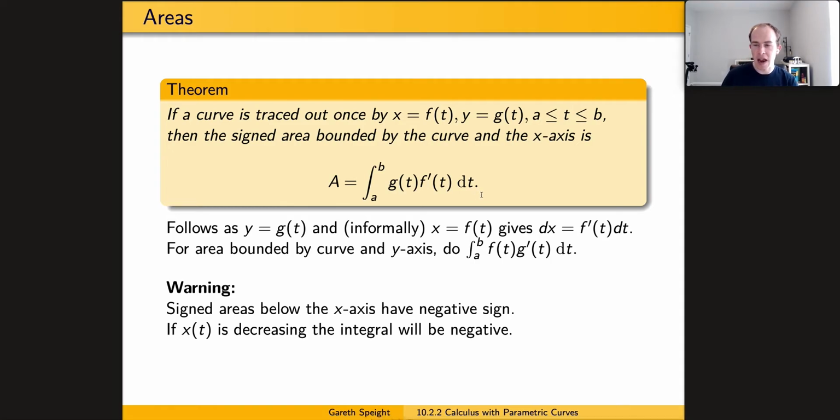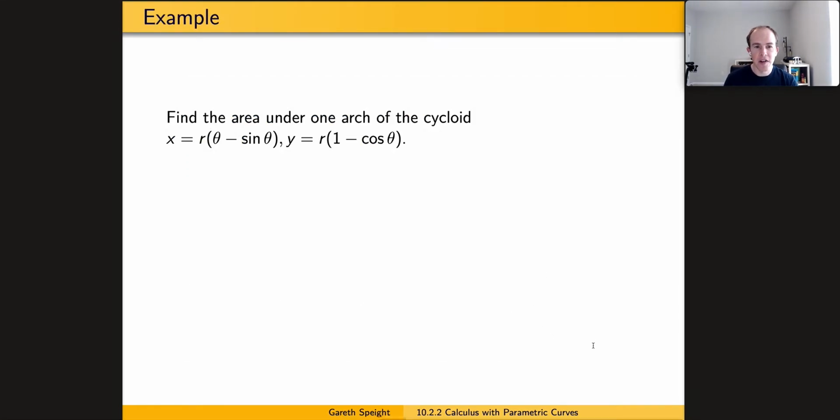So if you want to find the area in that case, you're going to want to divide into areas where the curve is moving to the right and where the curve is moving to the left. Or you can just look at the integrand, look at the thing you're integrating and see where it's positive and negative. And if you're finding areas, not signed areas, you want to make sure you split it up so you're integrating something positive. Okay, so for example, let's try to find the area under one arch of the cycloid,